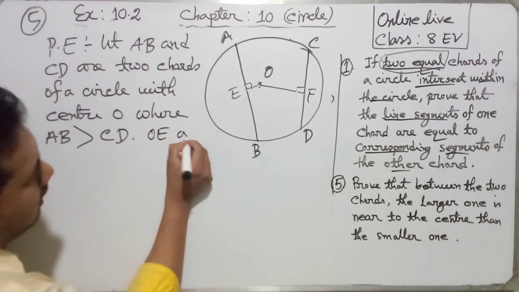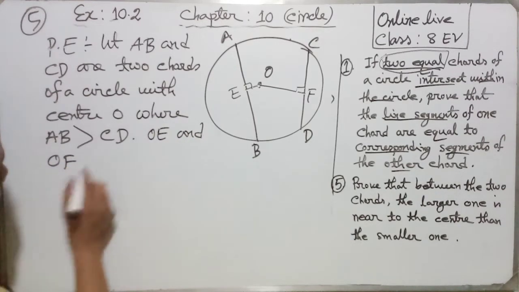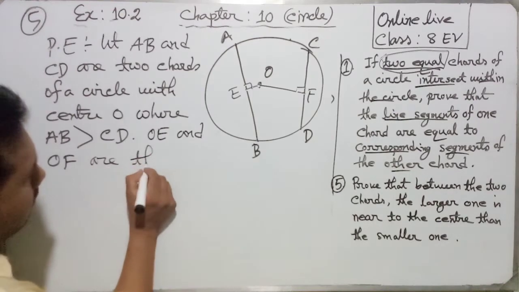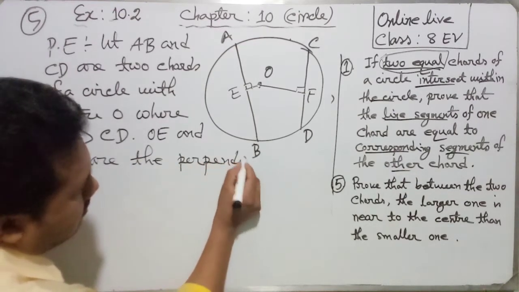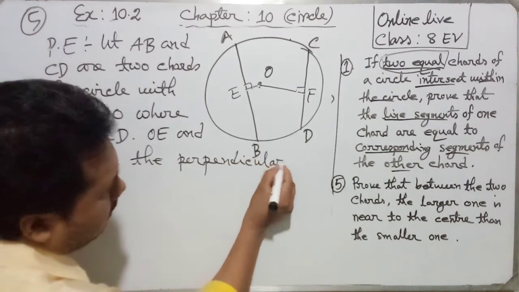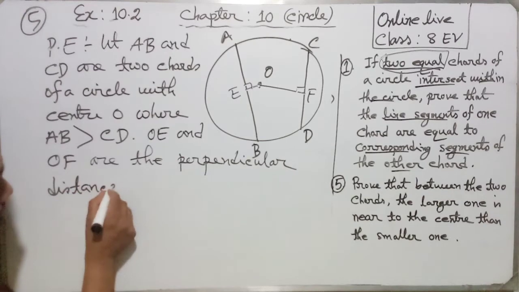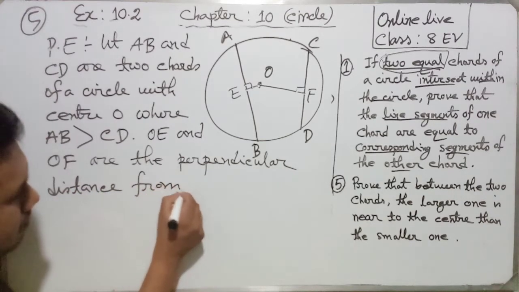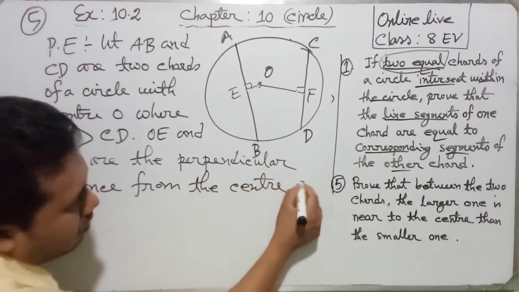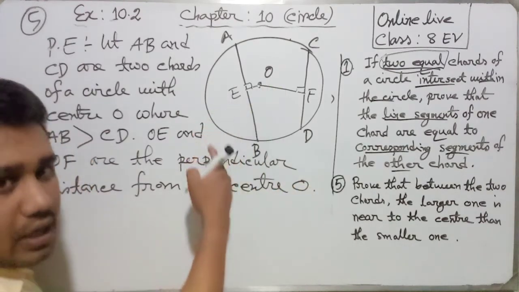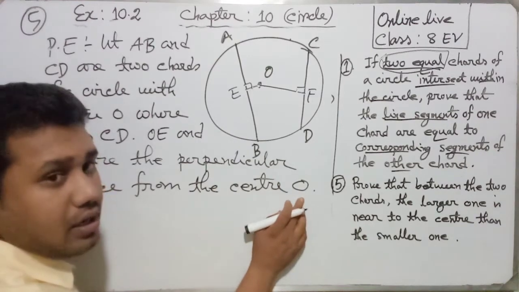OE and OF are the perpendicular distances from the center O. Here OE and OF are the perpendicular distances from the center O